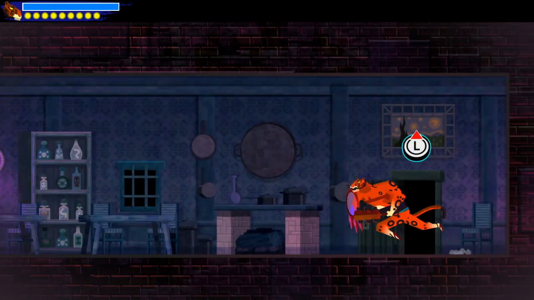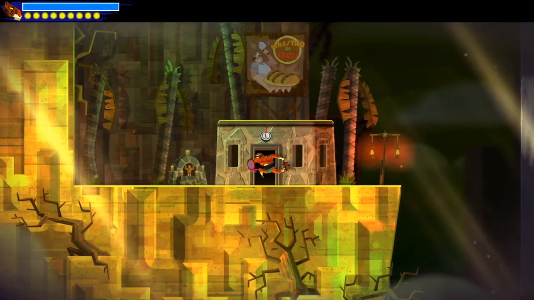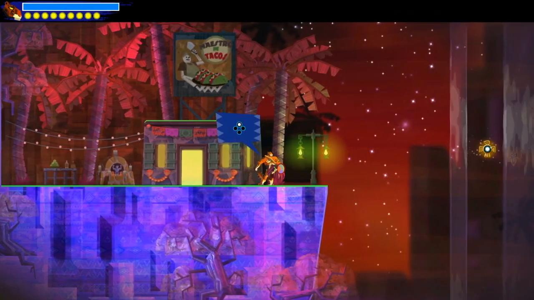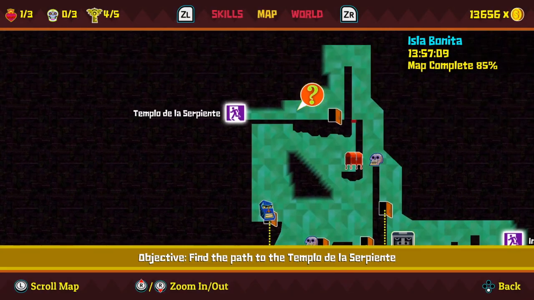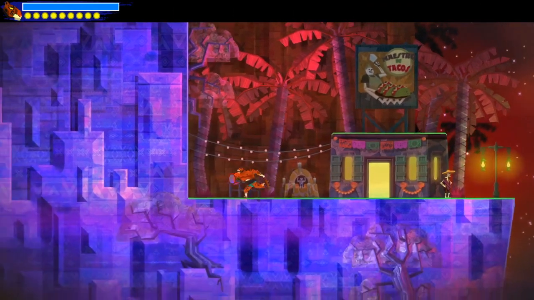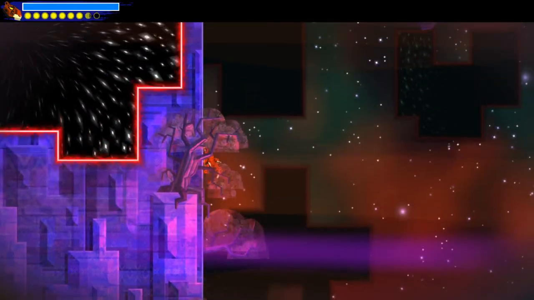Anyway, hope our gracious host is not here anymore to congratulate us. And it just happens to be here in a taco shop. They suspect nothing. Let's take a look at the map here. 85% in this map, but so we want to grab the chest over on this side. So we'll go part way up. We can go all the way up, actually. There's nothing in the way, so...